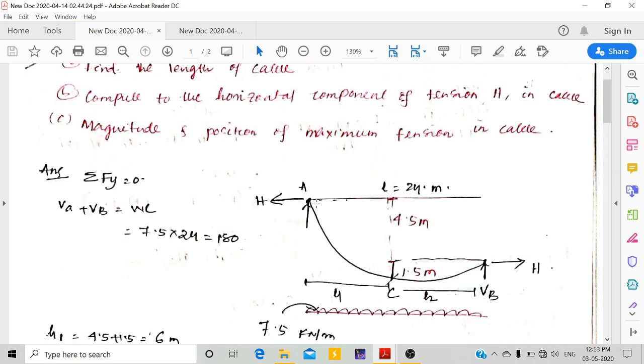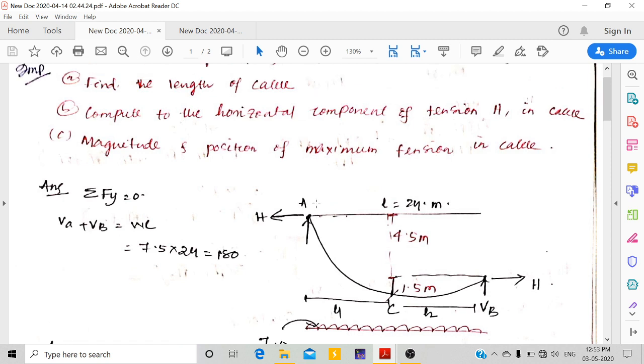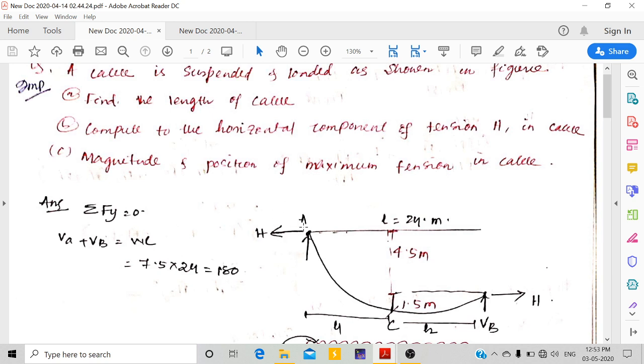So the difference between a 3 hinge or 2 hinge arch and this cable is that the horizontal reaction in a 3 hinge or 2 hinge arch will be compressive, but in this case, for the suspended cables, it will be tensile. It is because, suppose initially when it is at the equilibrium position it will be like a straight line, and when it gets loaded it will be deflected like this shape. So to come into the equilibrium position, the horizontal reactions will be developed in the tensile direction. So at every point in the cable we will get the tensile force.